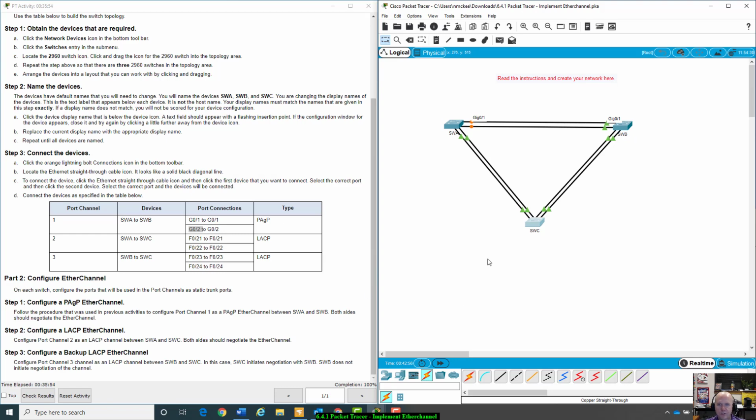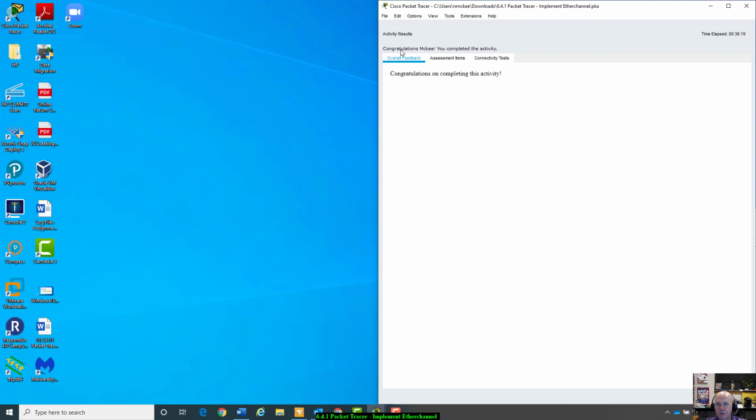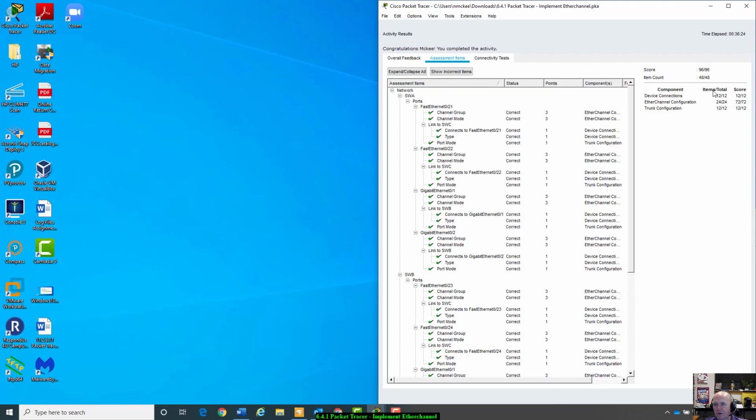To let you guys know too, the midterm and the final will be more like this than the other stuff. You'll make a configuration from scratch and configure it. But it shouldn't be that bad, and I'll have some good instructions for how to do that. All you need to submit on this is the .pkz file, and under check results, see right here it says congratulations, McKee, you've completed the activity, and